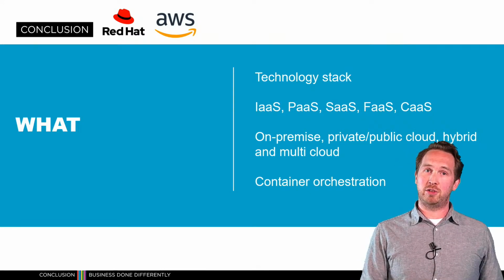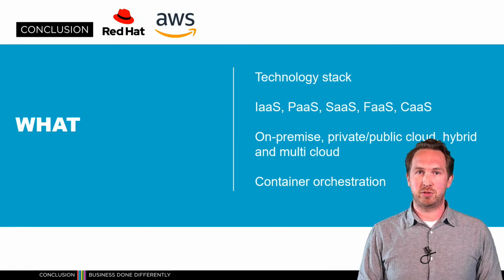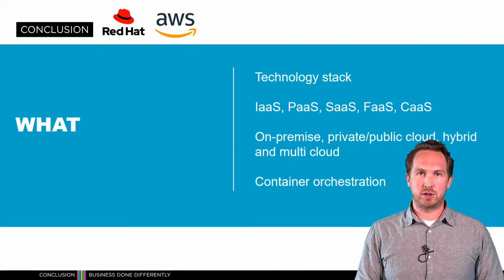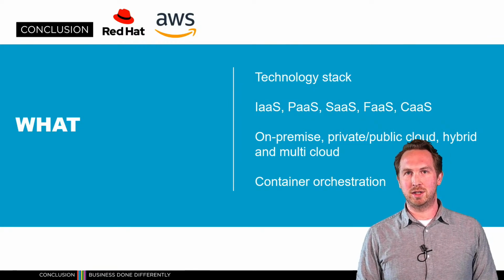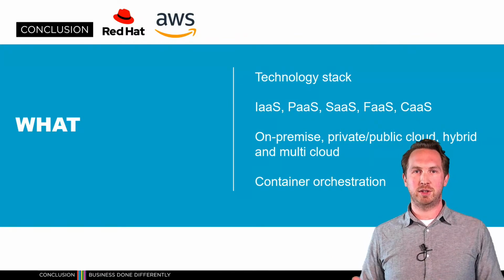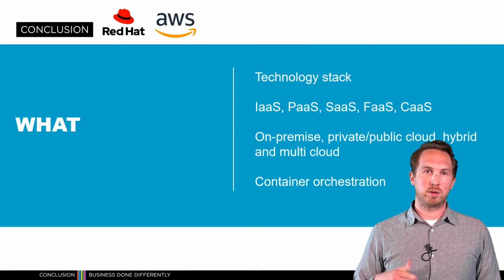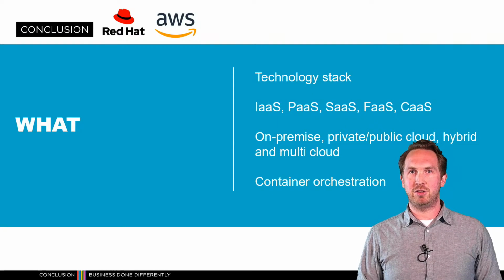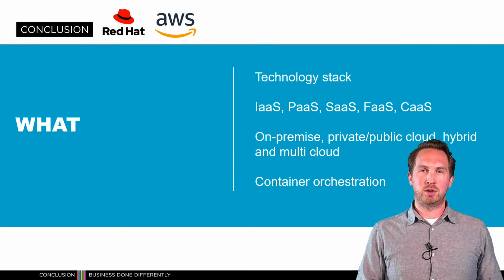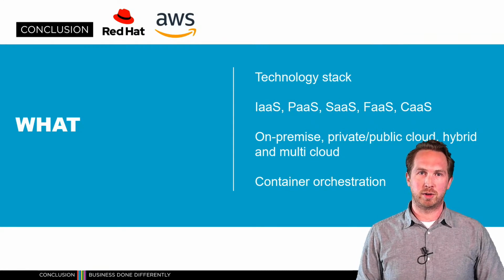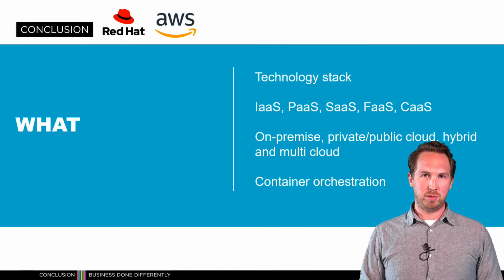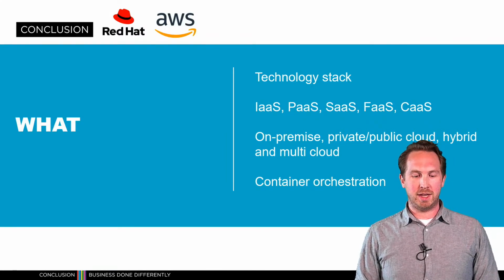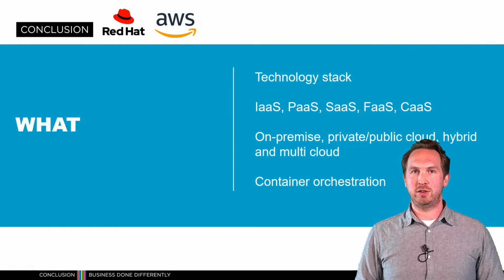So if you have more legacy systems and you need those legacy systems still working, then infrastructure as a service is a more sensible way to lift and shift those to the cloud. But if you're going to modernize your application environment, you can choose container as a service like OpenShift or function as a service, more in the serverless services from AWS. Again, also looking at where these systems are.